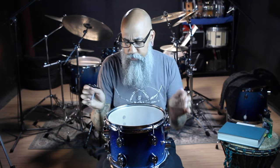speaking of physical limitations, it's kind of harder to tune the bottom head quite as low as I was tuning the top head because it's a single ply clear and I think it's kind of old. Actually, maybe I should replace this, but it's kind of hard for me when there's nothing wrong with the head other than it has to be a little higher than usual. Like I said, I like to tune a little higher than most people, so that doesn't really bother me. But